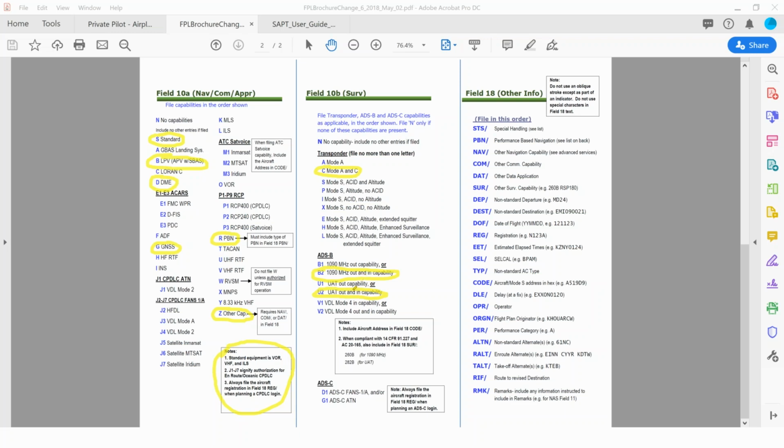Now, you may not have ADS-B in, so if you don't have ADS-B in, then you would just select U1 instead of U2. Don't worry about the VHF data link mode 4. You don't have that.